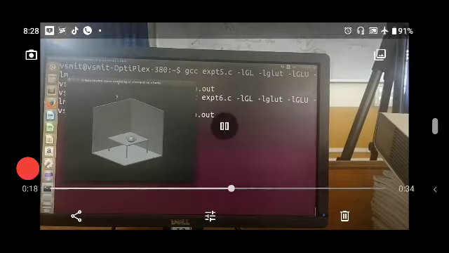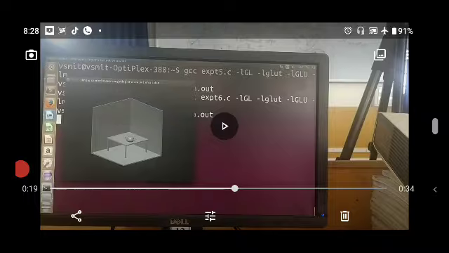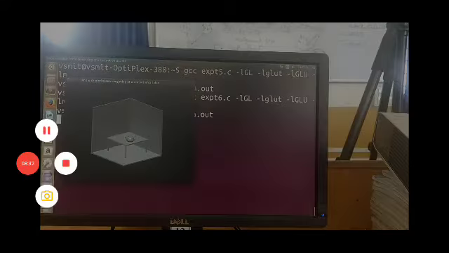Okay, now you can see here we have a window of size 640 by 720, and its starting position is 100, and in this scene we have 3 walls, one at the basement and 2 side walls, a table which consists of 4 legs but only 3 legs are visible, and a teapot which is placed on that particular table.